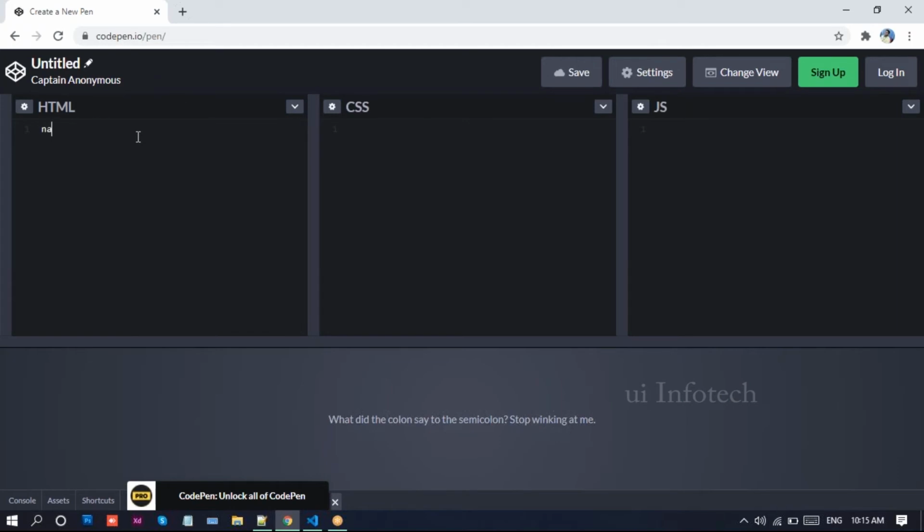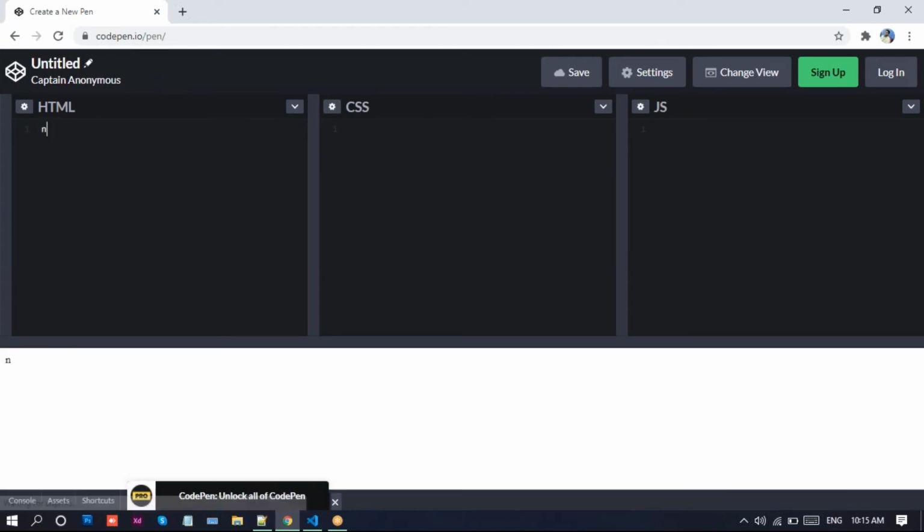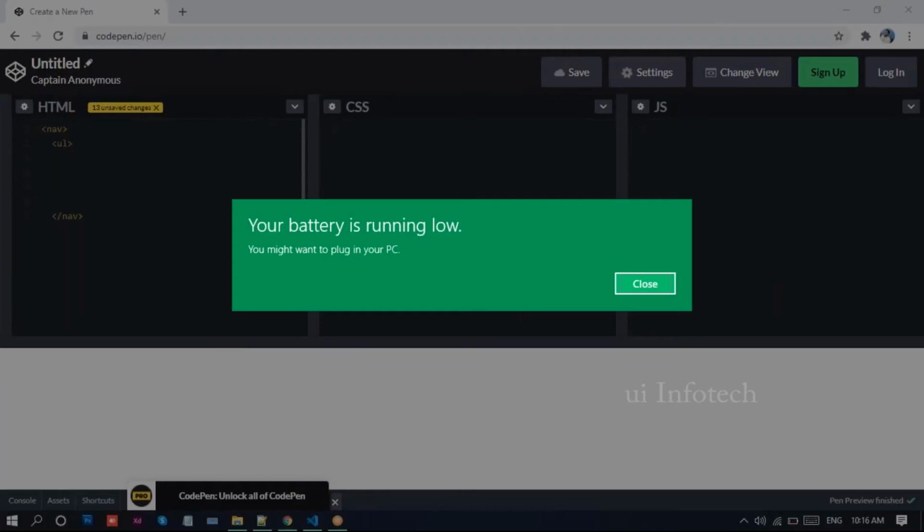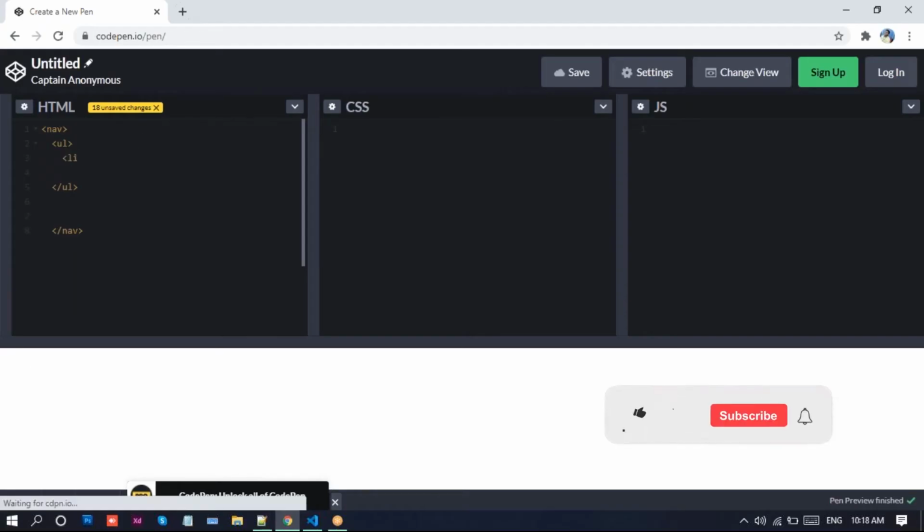So here I'll take the nav tag, nav tag close, and inside of that I'll take this UL, and inside of this UL, I'll take this LI.